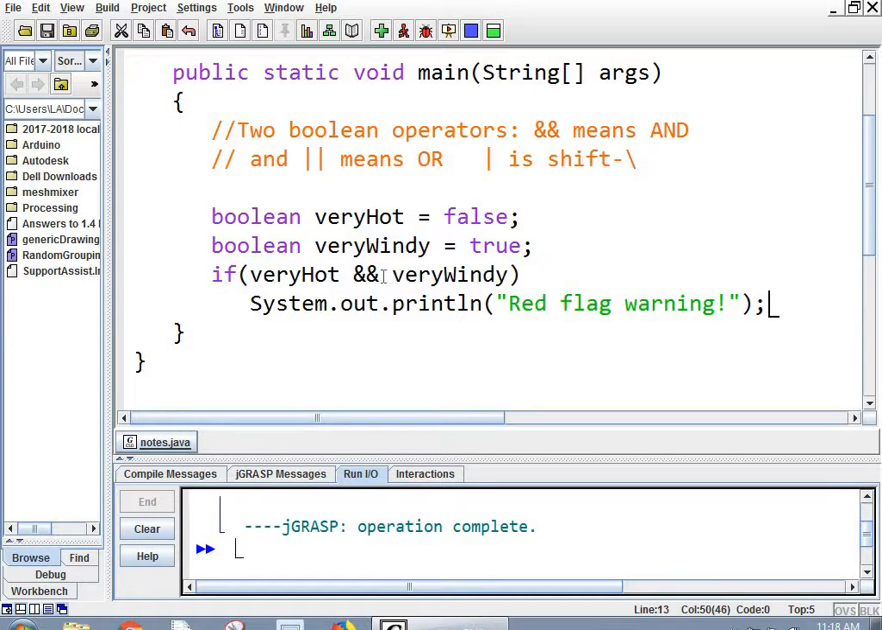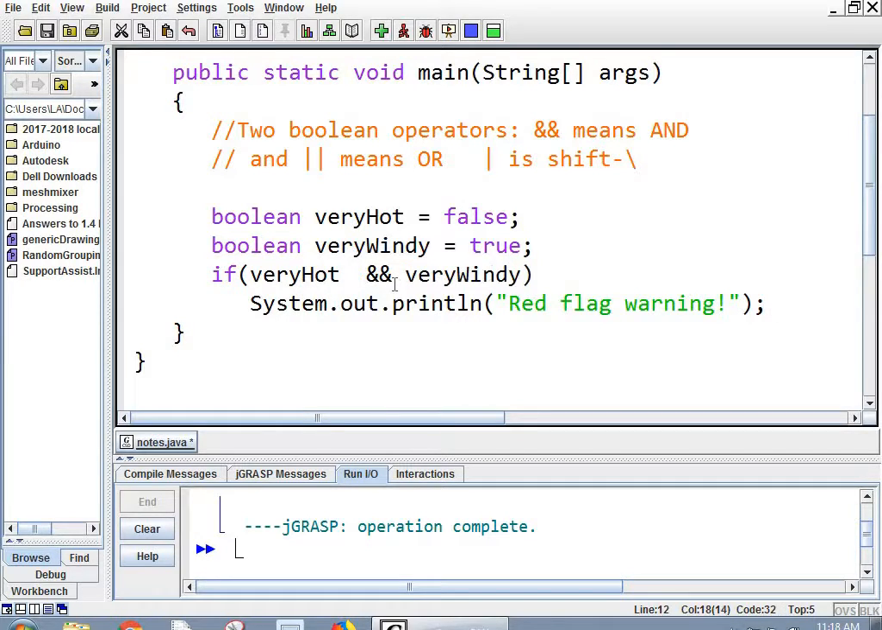So this is an example of doing a compound Boolean statement. Remember, with Boolean variables, it's not wrong to do this. I could say if veryHot equals true and veryWindy equals true. That's the same thing as what I had. So I'd like to encourage you, when you know you're working with a Boolean variable,